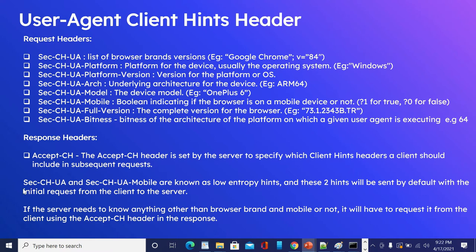These two headers, SEC-CH-UA and mobile, are known as low entropy hints. So these two are included in the initial request. If the server needs to know anything other than these two headers, it should request them using the Accept-CH header. The SEC-CH prefix makes sure these headers can only be set by the user agents and not by any JavaScript.